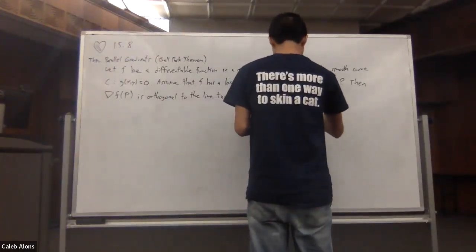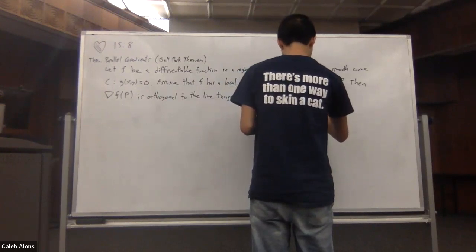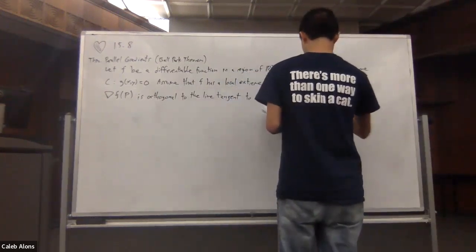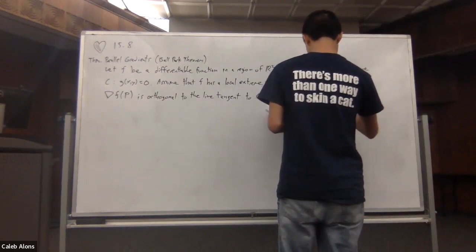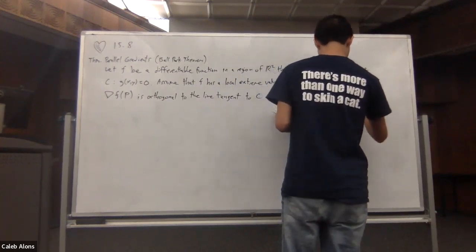And then the last assumption we want to make here, assuming that the gradient of g at your point is not the zero vector,